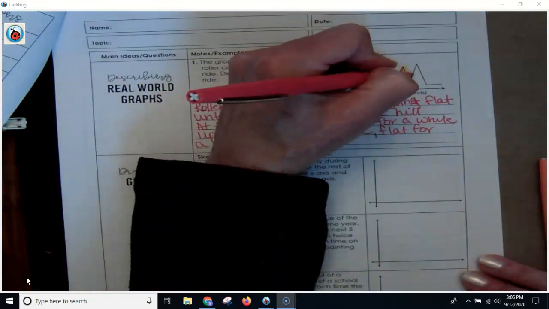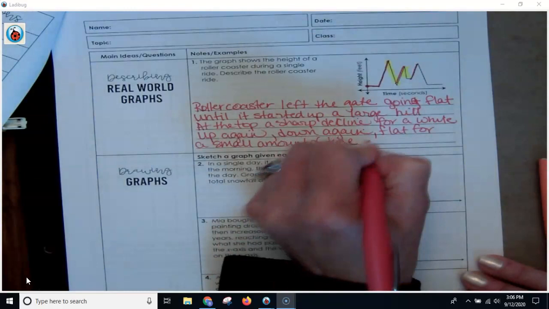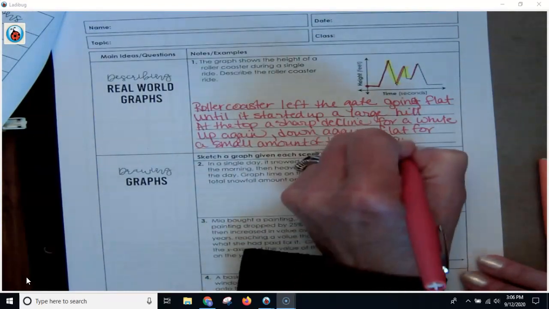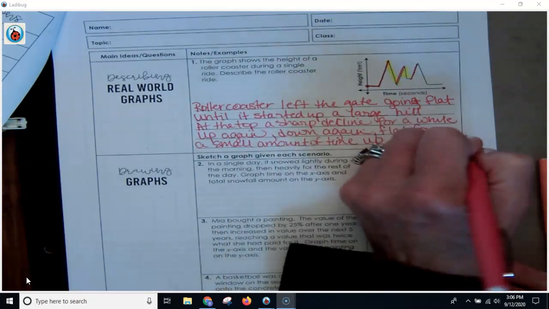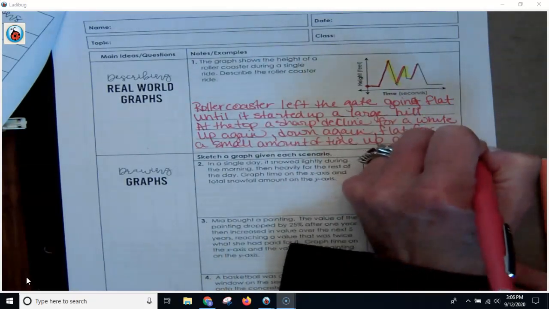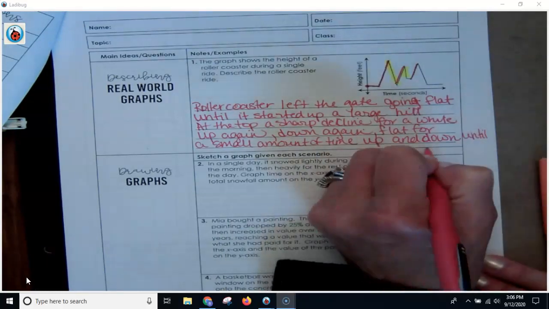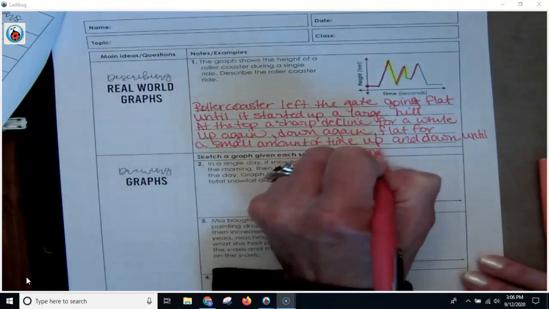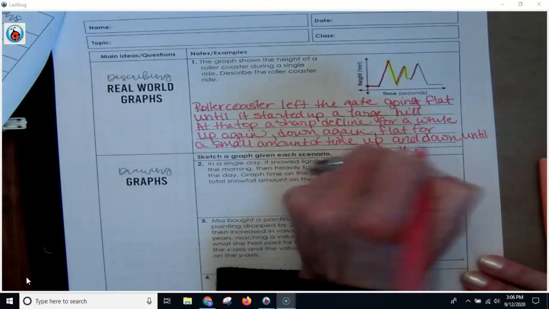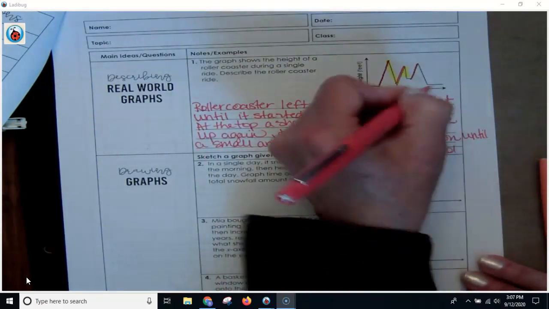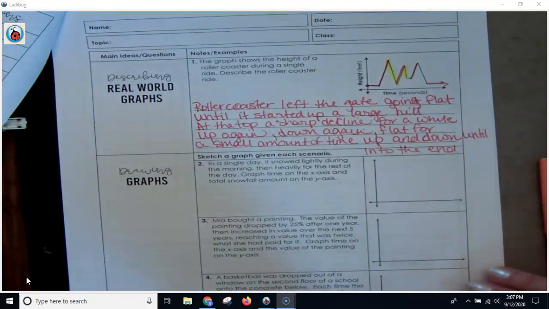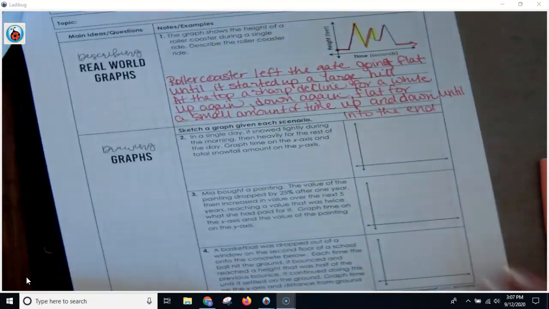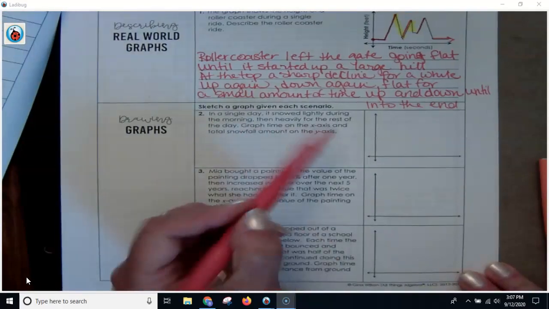Then up again. Up and down. Until into the gate. Well, the end. And then they go in. Alright? So that's what this describes. So what we're going to be doing is we're going to be taking these explanations and drawing